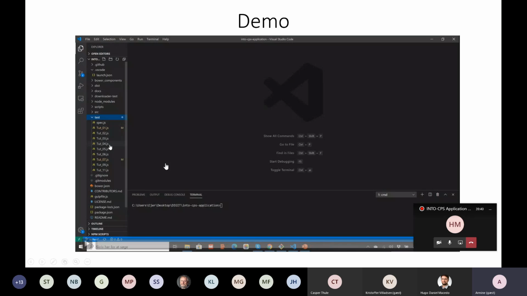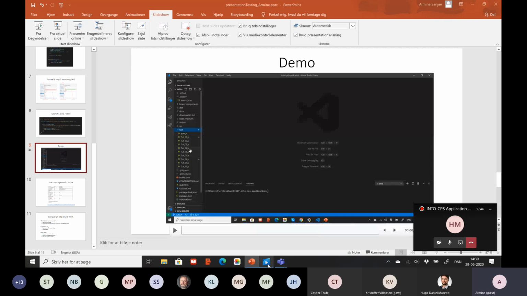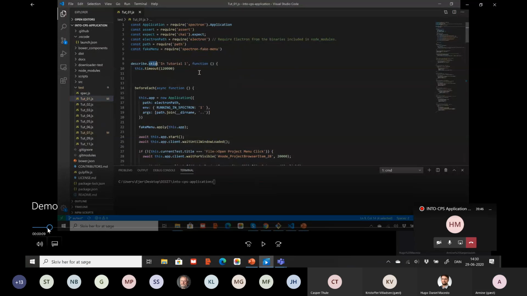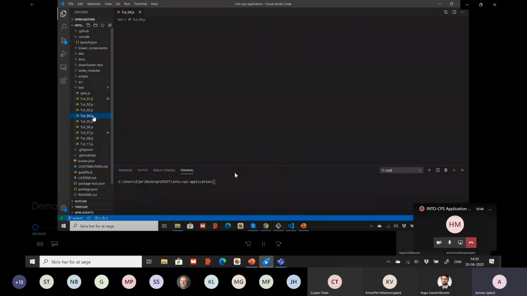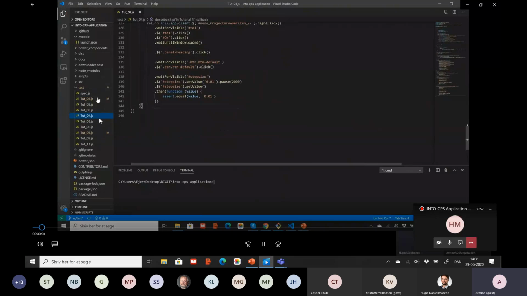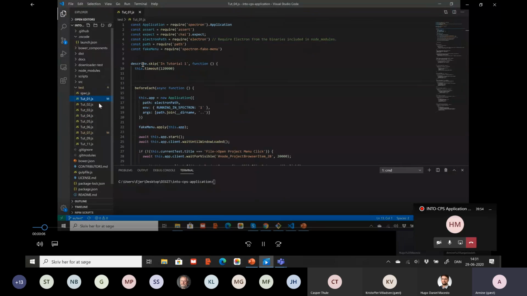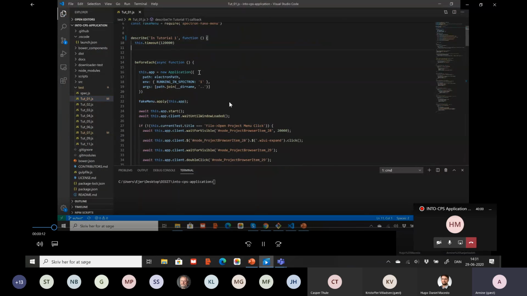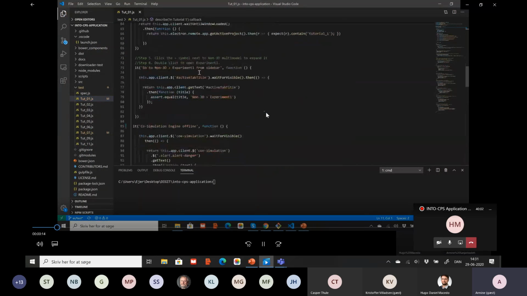Here I will start a demo, just quickly. Here we have the test folder that consists of several test files, and here we have the code that is written in JavaScript.